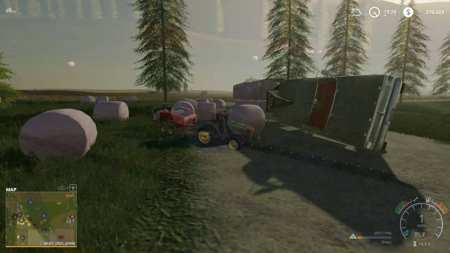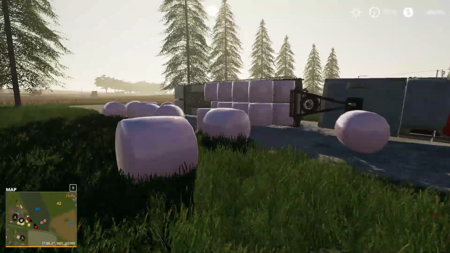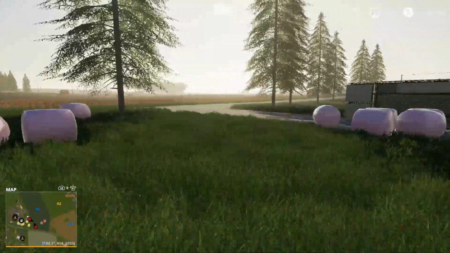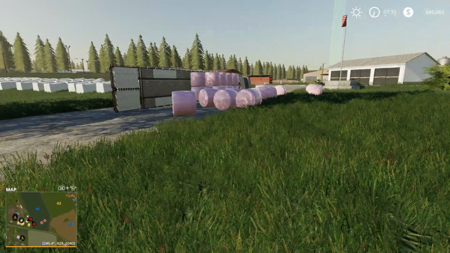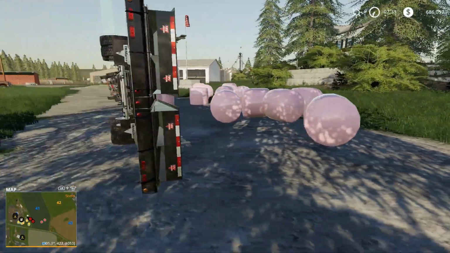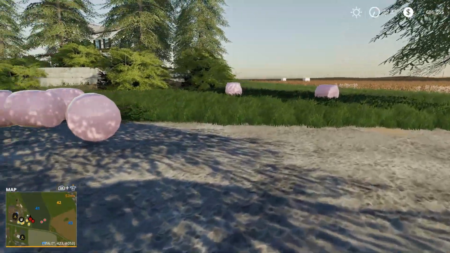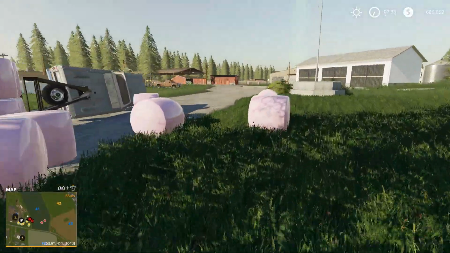Well, this is what happens. What the heck? I didn't even press the Y button. Coming around the corner a little bit too fast, and this is what happens. Yeah, that's a bit of a mess. We gotta get some equipment to go roll this thing back over. We'll pick these bales back up, and oh,